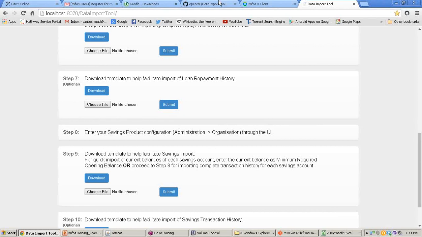Now, why I asked that question: earlier I used the move to MyForce X migration tool, and with that tool the accounting transaction is not updated, even though the loan transaction gets updated. That is why I asked. The migration tool and the data import tool are built on two different technologies.